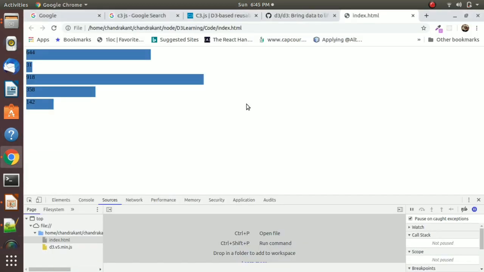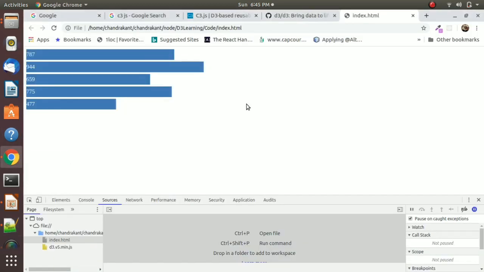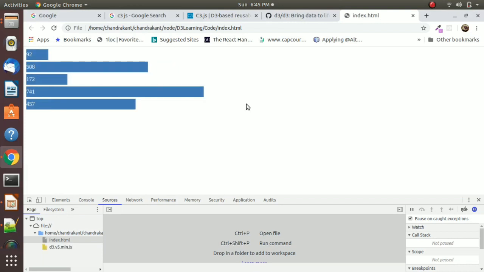Now you will see that you got the score and bar.